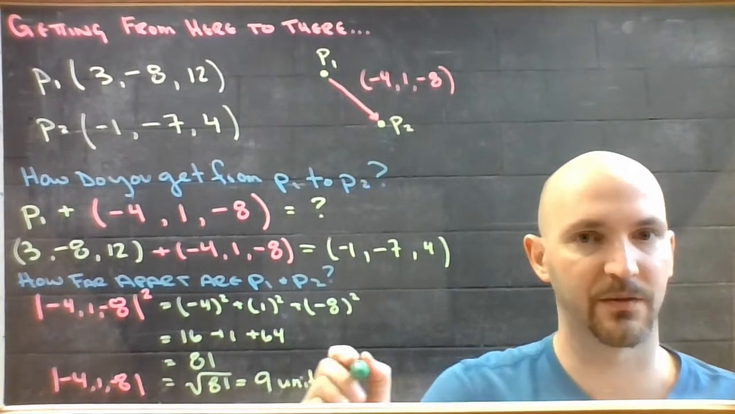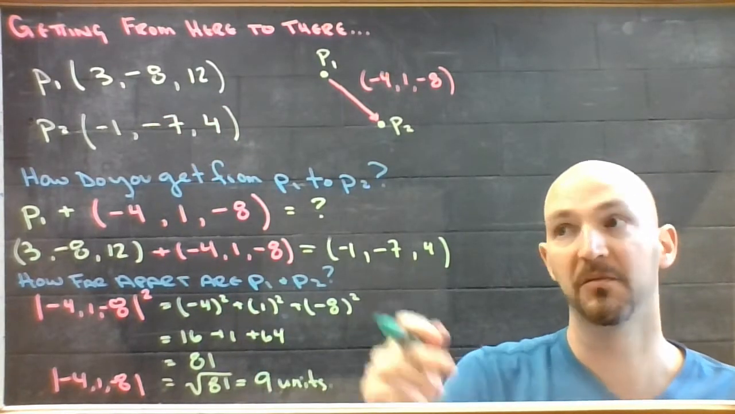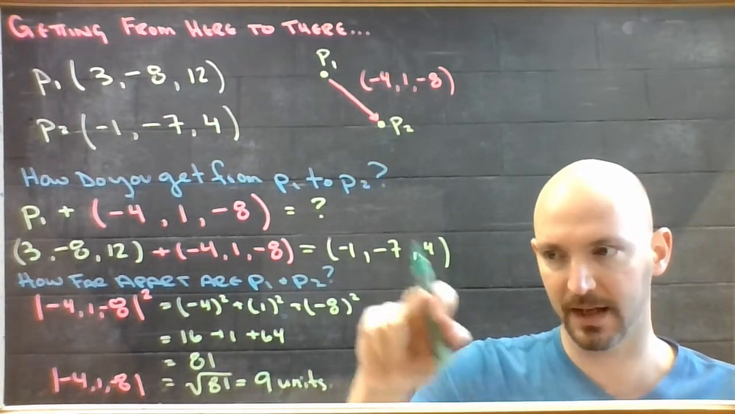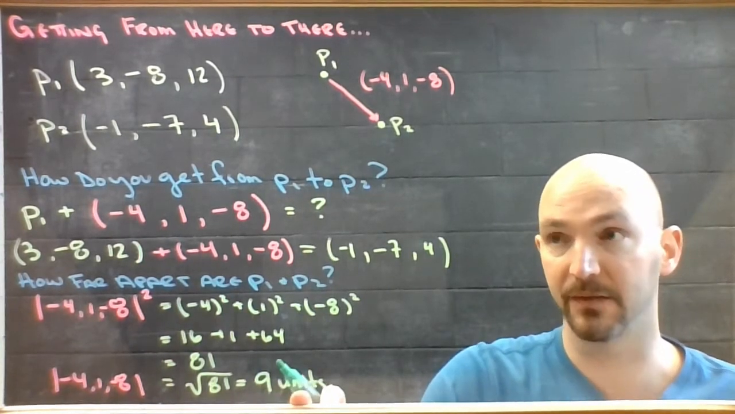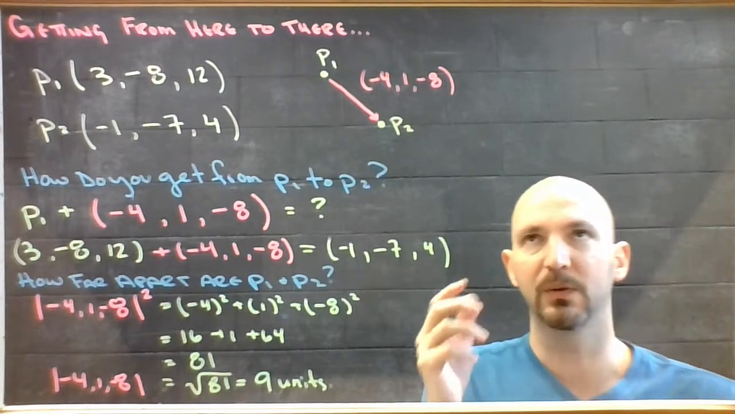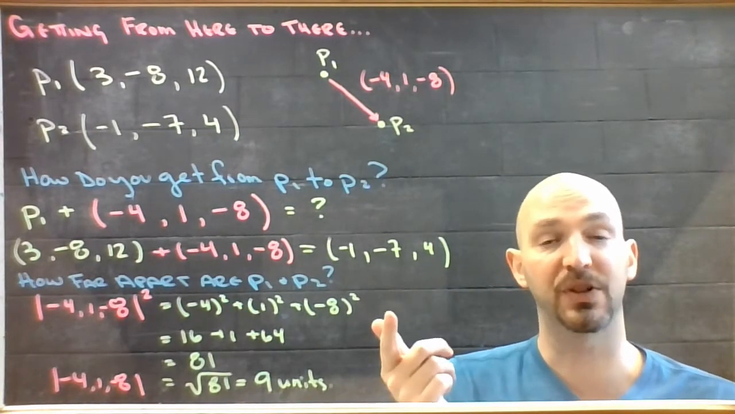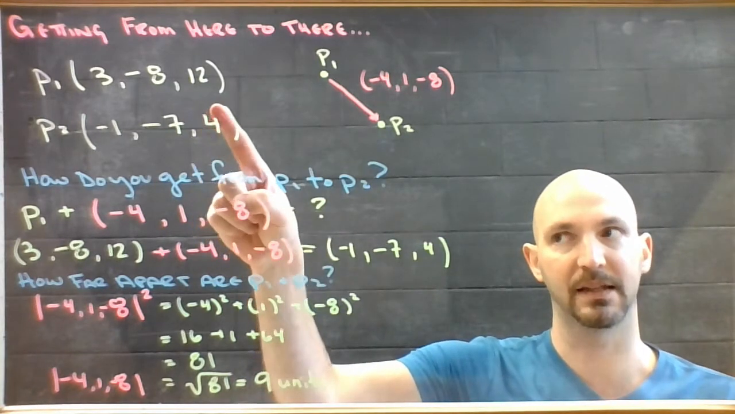Whatever unit I'm using, maybe these are centimeters in x, maybe they're meters, maybe they're just ticks on a number line, I don't know. Doesn't matter. But there's 9 of them between this dot and this dot. So if you can take a minute to appreciate what you've accomplished here, you took one random place in space,